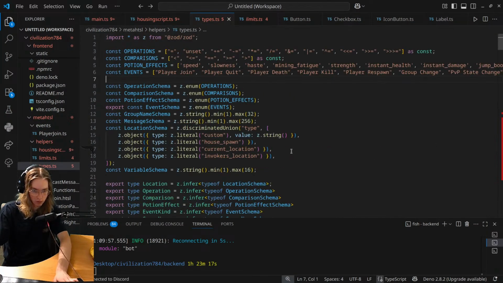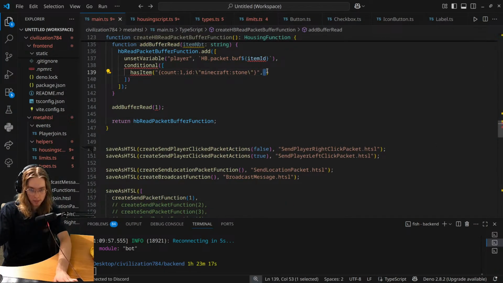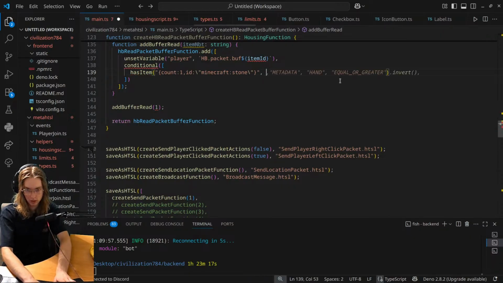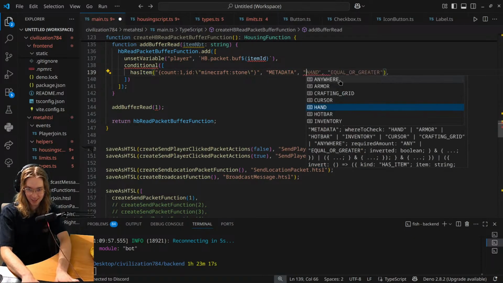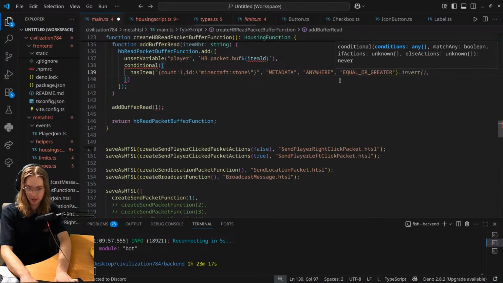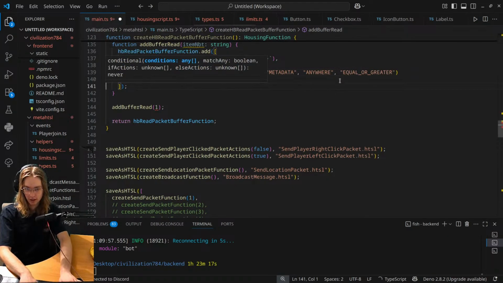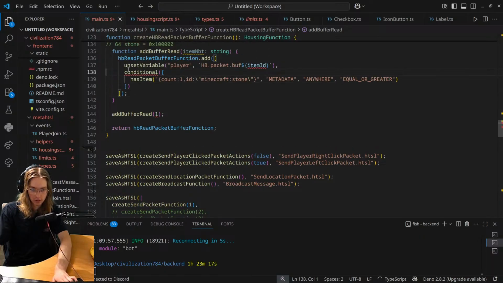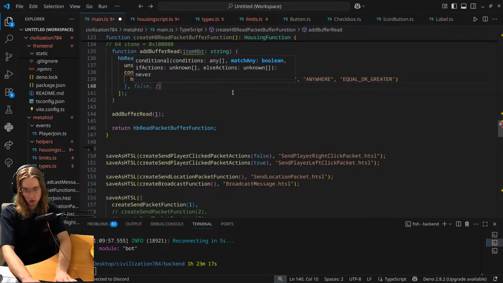I think any's default. Okay, now here we can. Oh, we gotta put it in anyways because any is default. We need to make it equal or greater. Okay, if that's true,